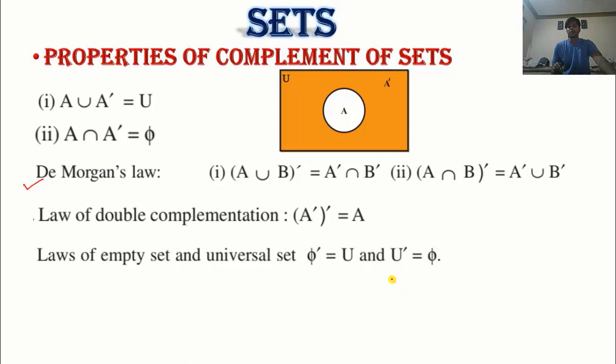Now considering complement on both sides, U dash whole dash is equal to phi dash. Okay. Now double dash, using this property, the dash gets cancelled out. So you get how much? U equals phi dash. It means the complement of phi is U, and the complement of U is phi. So this is an important property that you have to remember also. Okay. So now